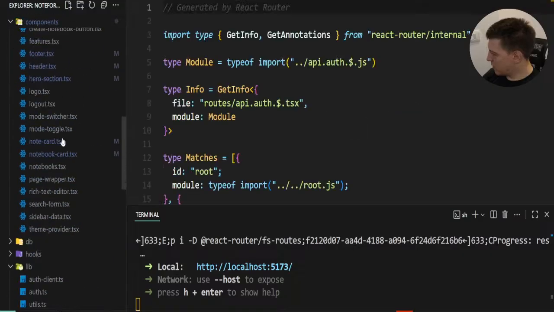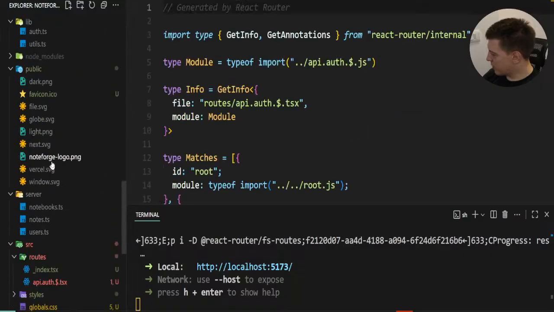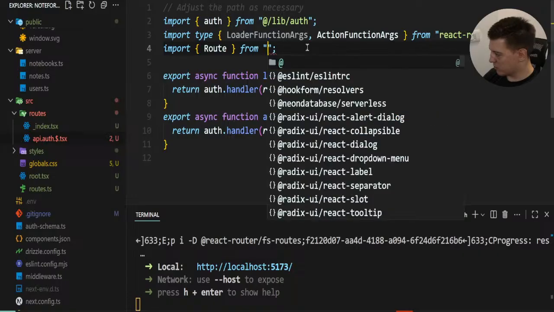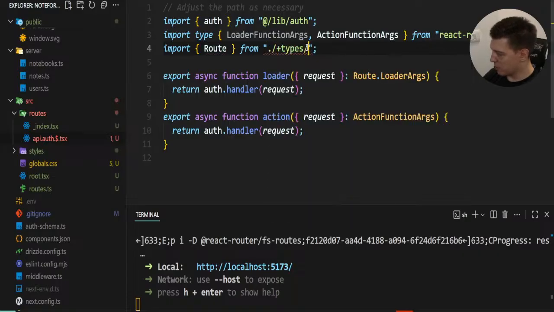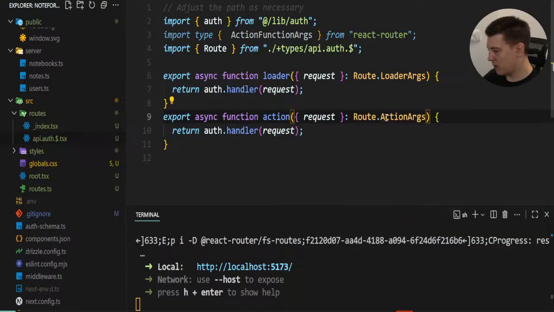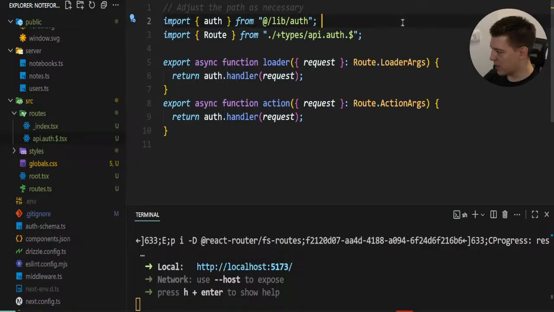Yeah, so it's here, but I guess the path is wrong that I provided here. So yeah, this is probably something else. So if I do type slash, oh wait, this should not be, yeah, so type slash, yeah, so this is the path. So now we just remove this, and we can also do route action arguments, and we have successfully migrated to